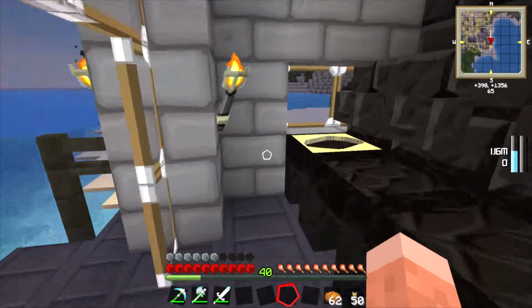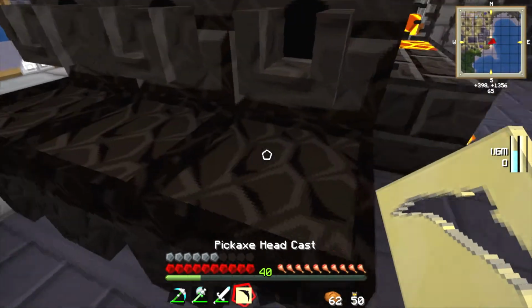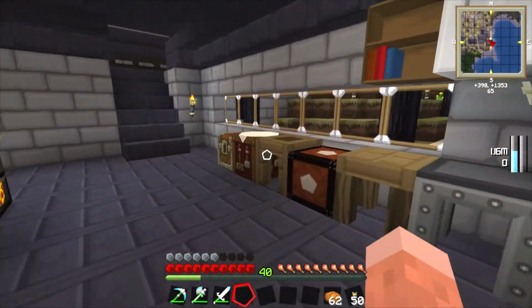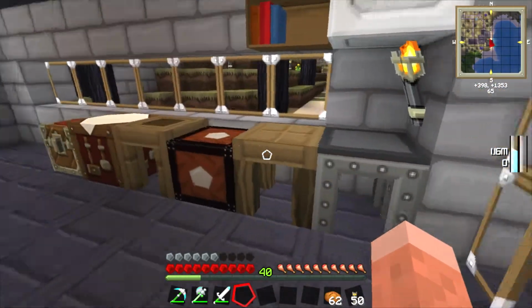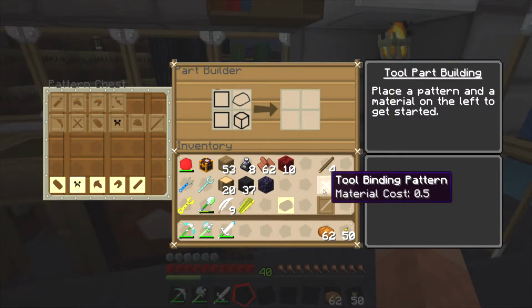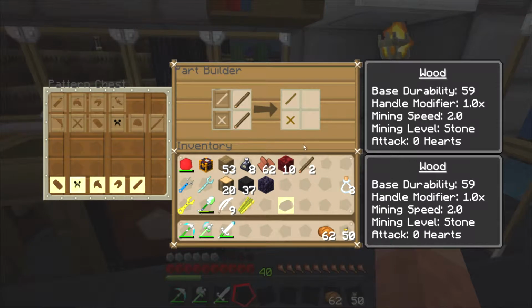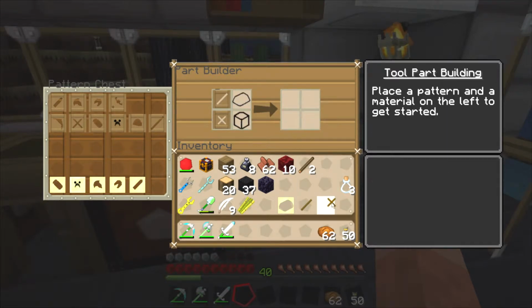While we're waiting for that, we're also going to need a pick head. This is only going to be a temporary tool, so I'm just going to make the binding and rod just out of wood. I'm not really that fussed because it's going to be temporary until I get a better pick, or until I can get ardite and